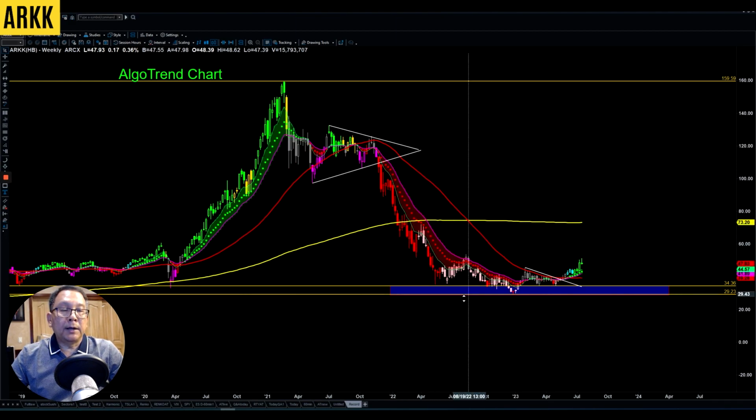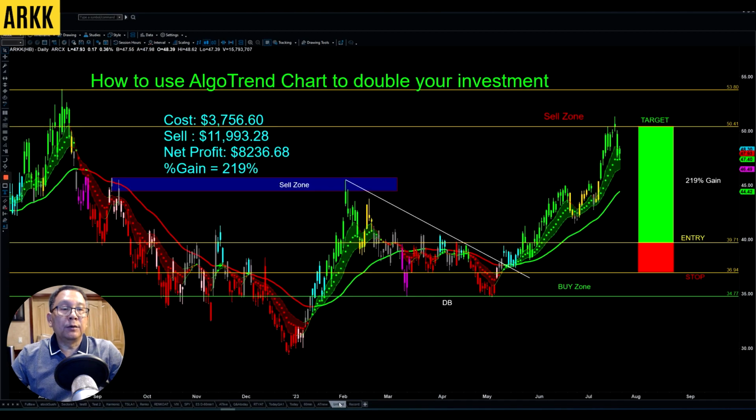So now let's take a look in the short term at how this AlgoTrend chart works. Today I'm going to show you how to use the AlgoTrend chart to potentially double your investment. The stock right in front of you here is ARKK. After it came down to the beginning of 2023, the stock started to go back up. After the whole move from the bear side here, they never give you any buy signal until they are able to turn around to give you a green